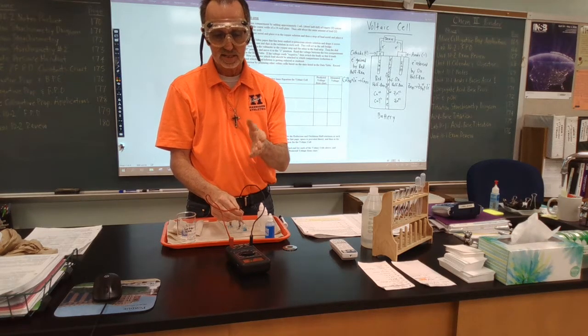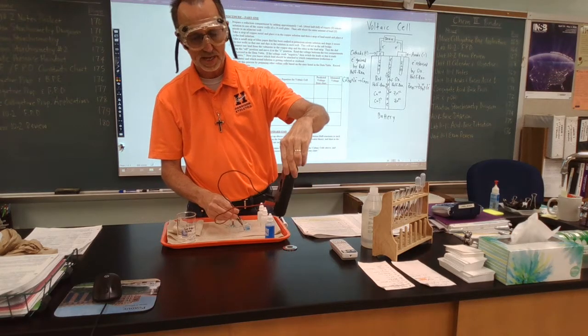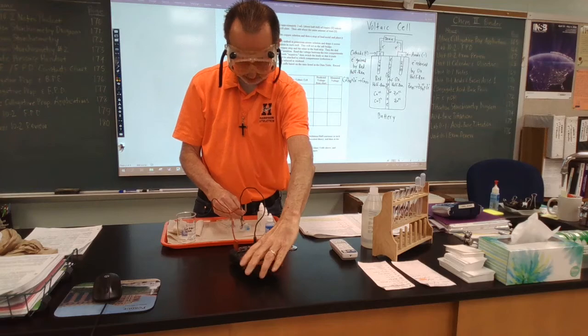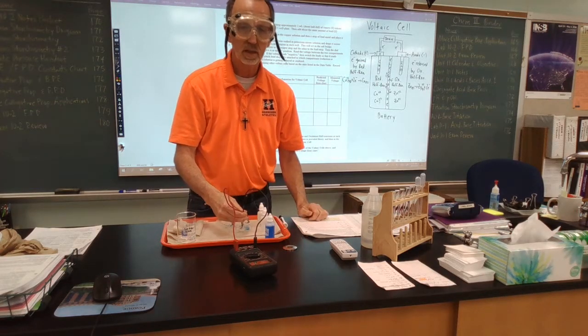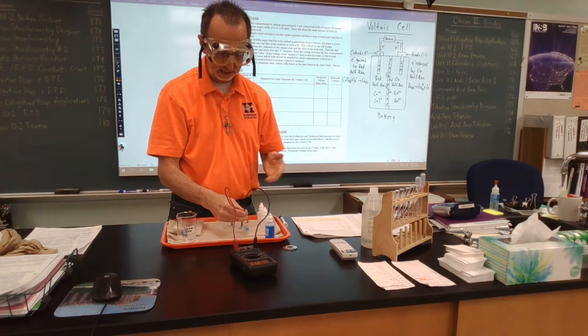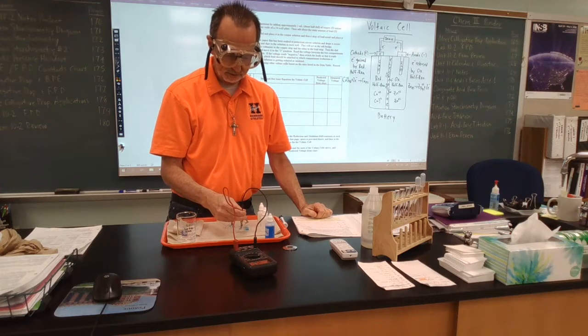Now, I will say this, and it's doing this right now: it's flipping back and forth on me. I'm sorry if you can't see that, but the number's flipping back and forth. It's not a constant number. Well, there are several reasons for that. Number 1, I'm jiggling this thing. I'm not too steady with my hands anymore. Number 2 is